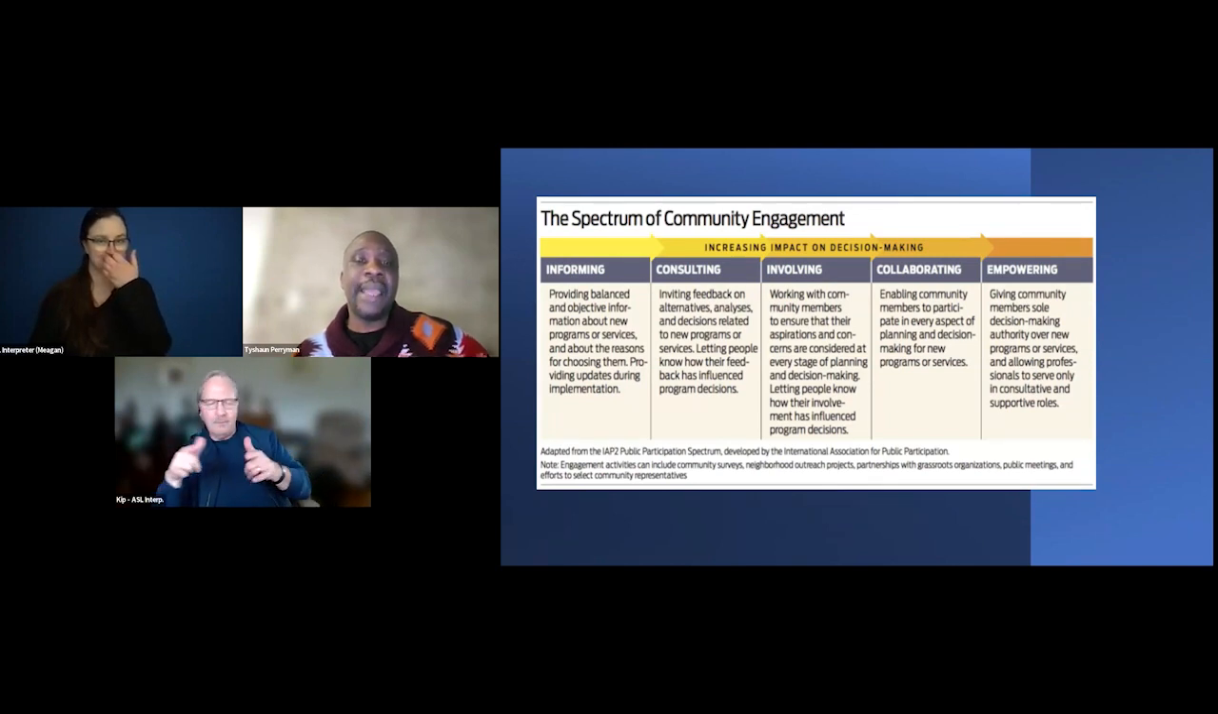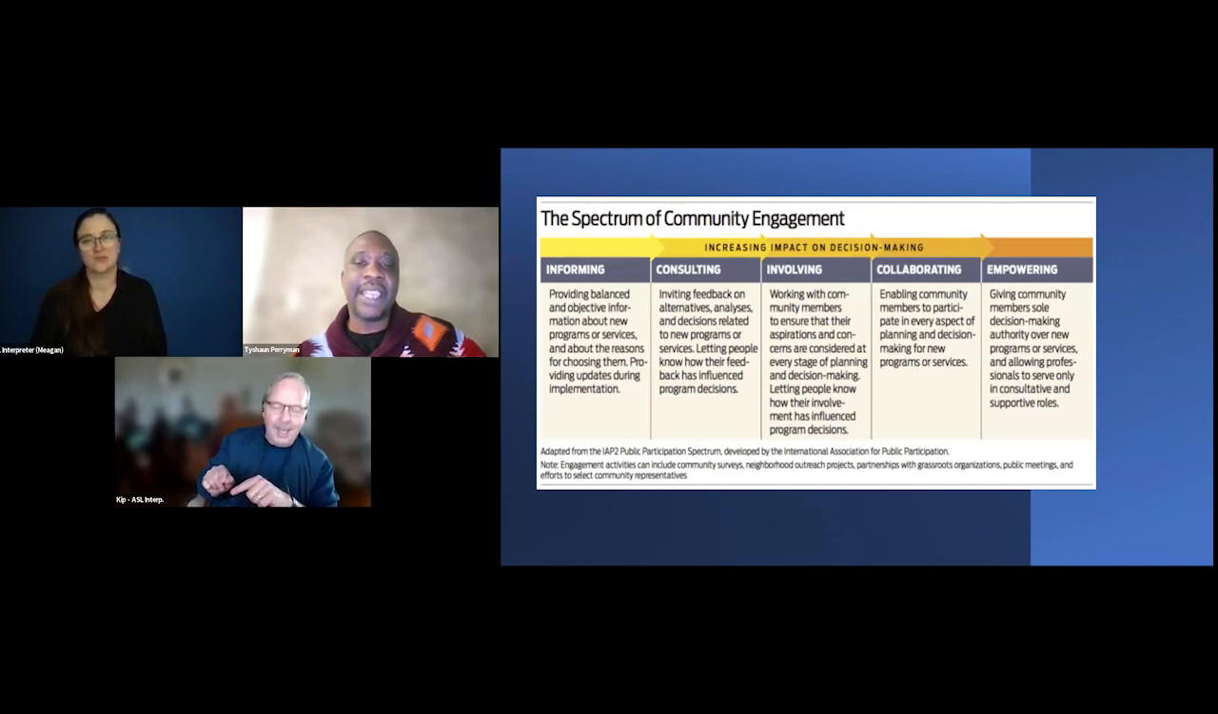letting people know how their feedback has influenced program decisions, involving, working with community members to ensure that their aspirations and concerns are considered at every stage of planning and decision-making, letting people know how their involvement has influenced program decisions, collaborating,